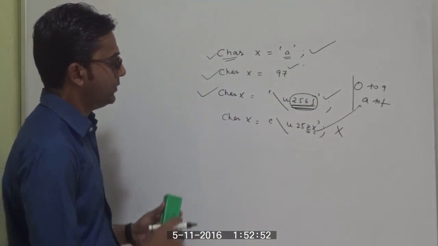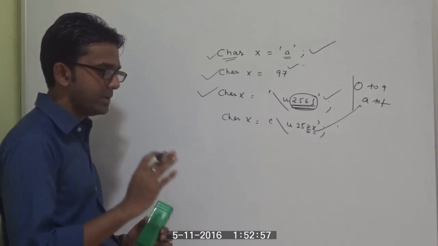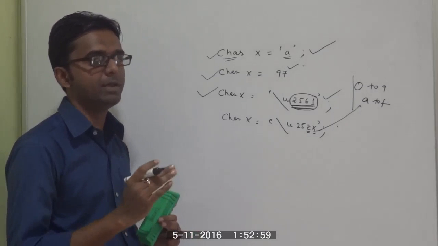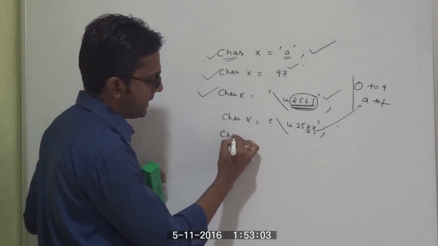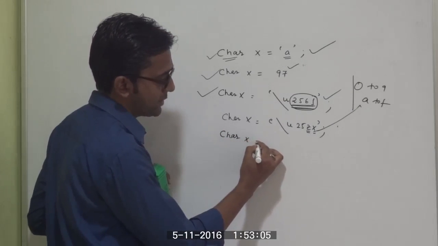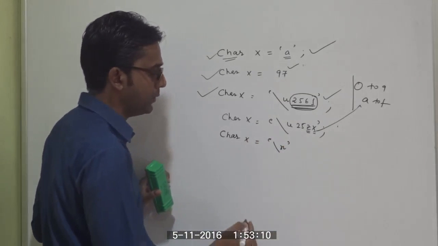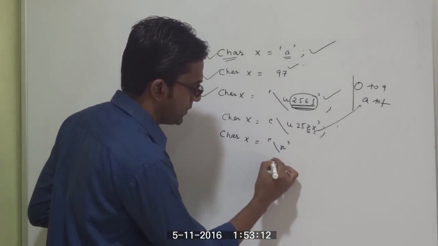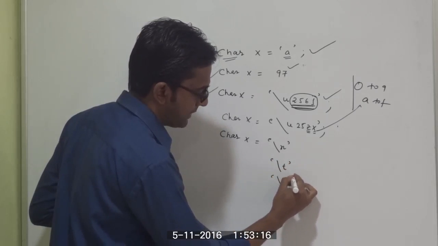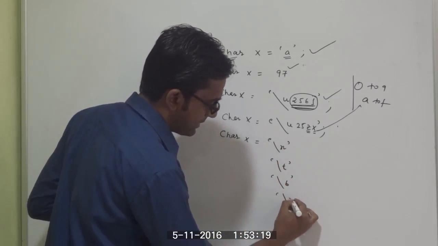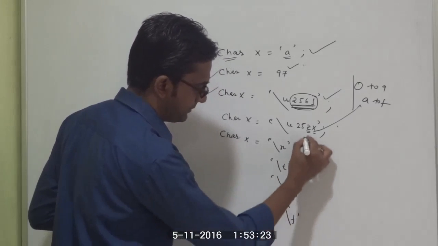Now, if you want, you can represent some escape characters also. Now, what is an escape character? This I will discuss in my upcoming videos. For the time being, you should know that inside the char data type, we can store escape characters. What are the escape characters? We can use \n, where n stands for new line. Similarly, we can use \t, \b, \r, \f,